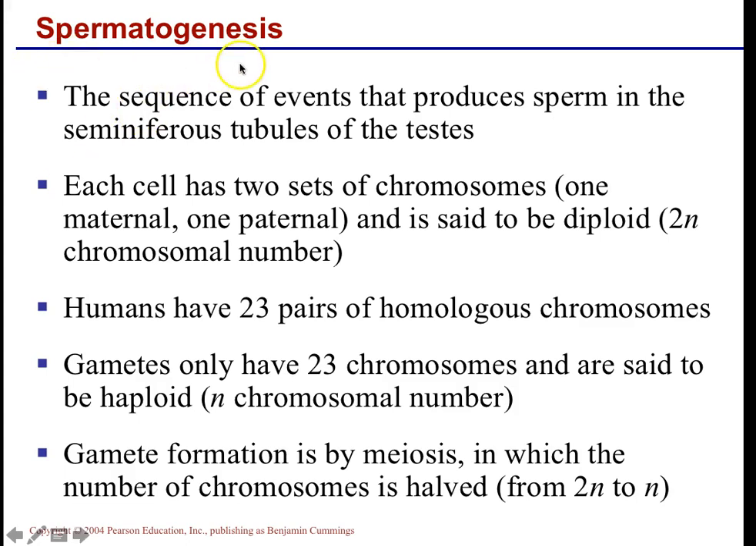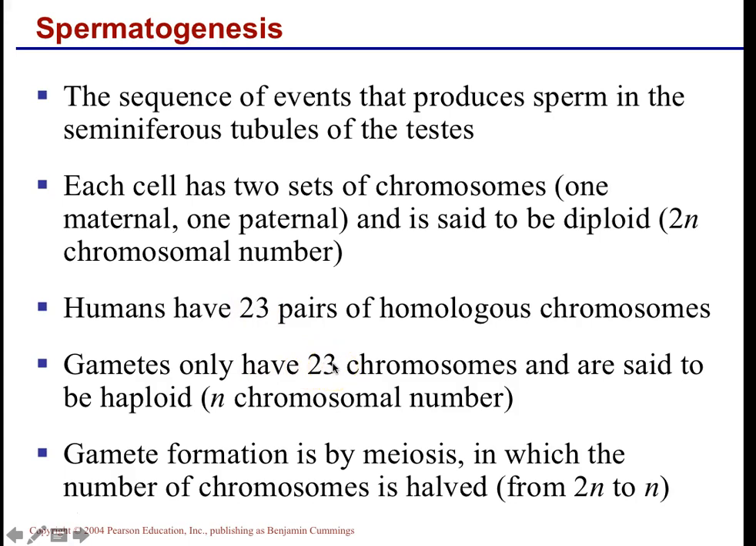Spermatogenesis is a sequence of events that produce sperm in the seminiferous tubules of the testes. Each cell has 2 sets of chromosomes, one from mom, one from dad. And the cells of your body, including at the very beginning the cell in the seminiferous tubules, are diploid. Now, we have 23 from mom, 23 from dad, and we're diploid, but our sex cells